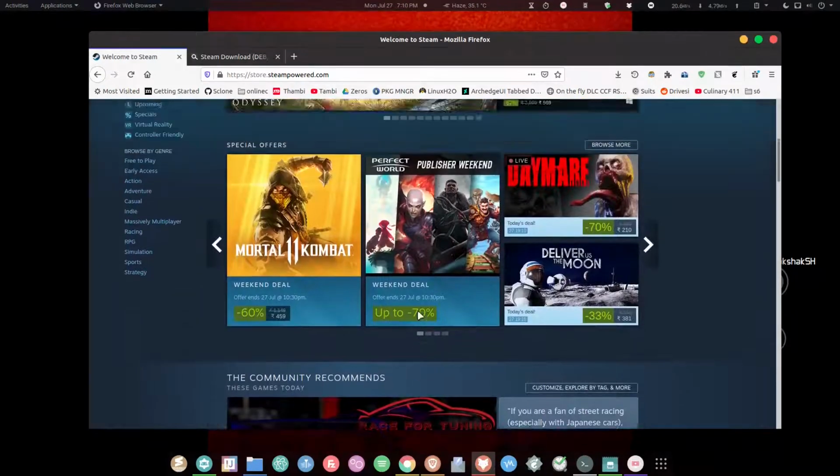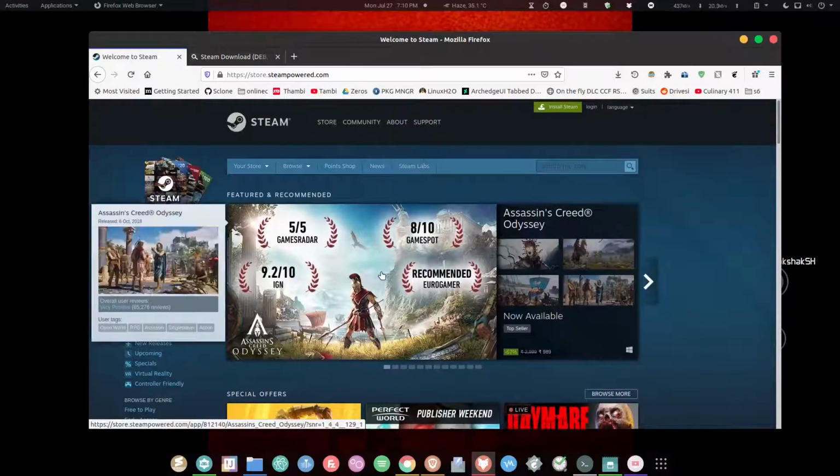This is Ubuntu, and I'm going to demonstrate how to install the latest Steam on Ubuntu, but you are free to use this guide to install Steam on any Linux distribution. I will be providing a link in the description, an article to linuxstudio.com, and from there you can get the different files for the different distributions. For example, if you're using Fedora, then you can download the .rpm file and install that into the system and use Steam.